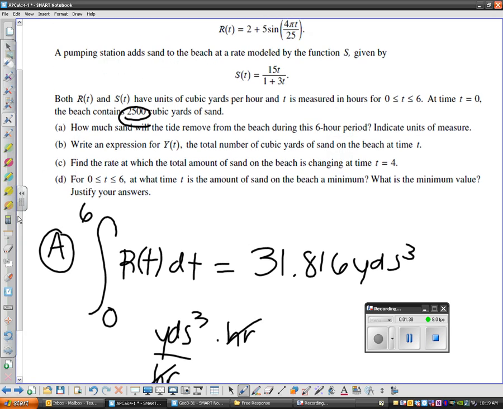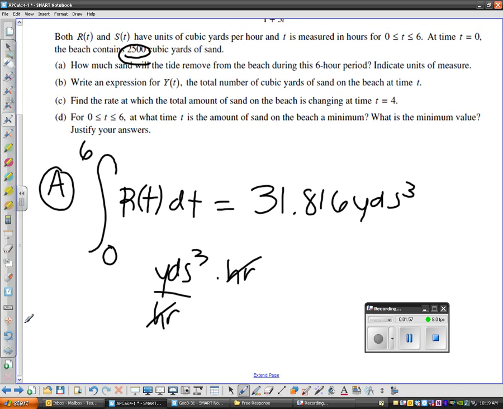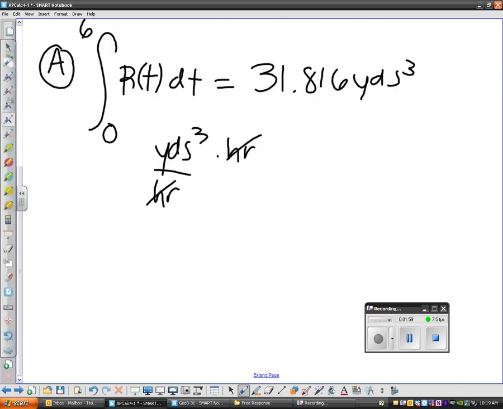Okay, and now on to B. Write an expression for y of t, the total number of cubic yards of sand on the beach at time t. Y of t is a function that shows the entire sand. So we have to use R of t and S of t. First of all, we start out with 2,500 cubic yards on the beach. So y of t,